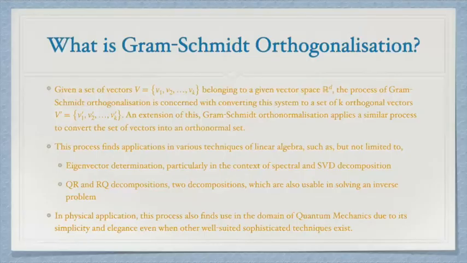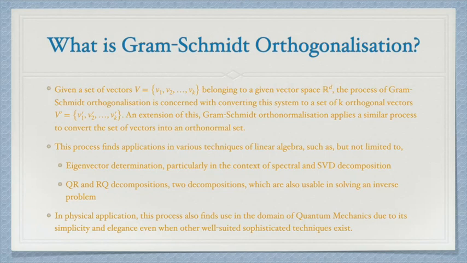What is Gram-Schmidt orthogonalization? Gram-Schmidt orthogonalization is a process by which a set of vectors V, say V1, V2, V3, so on and so forth till Vk, are converted to a system of k orthogonal vectors, namely V dash, equal to V1 dash, V2 dash, V3 dash, so on and so forth till Vk dash. One extension of Gram-Schmidt orthogonalization is termed Gram-Schmidt orthonormalization, which, as its name suggests, applies a similar process. However, instead of the final result being a simple orthogonal set of vectors, it is a set of orthonormal